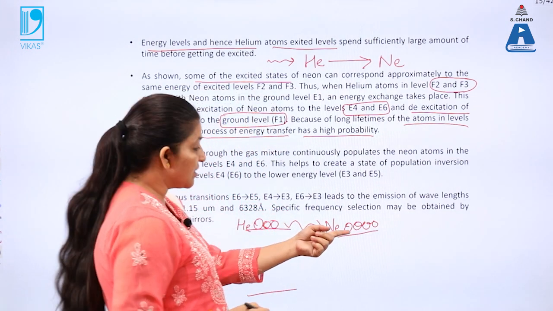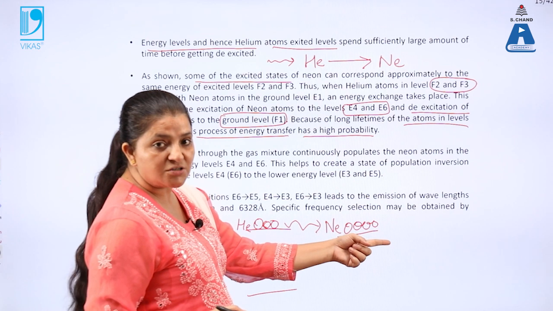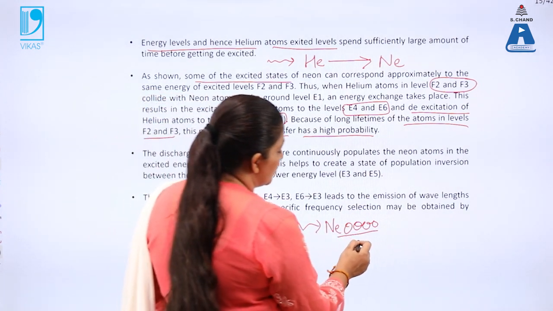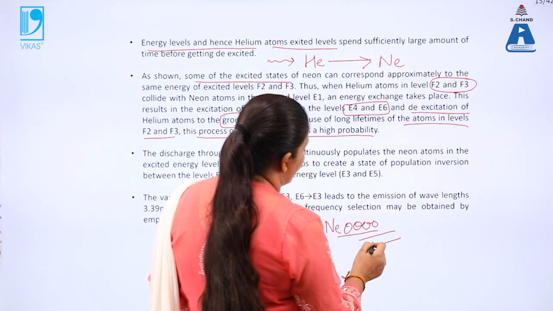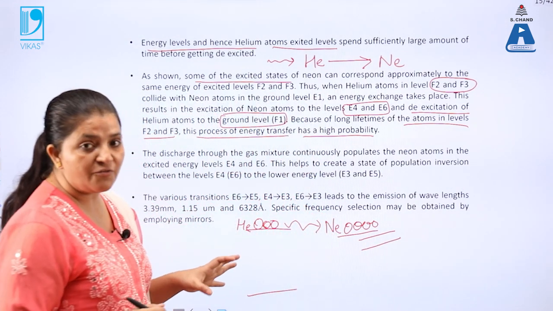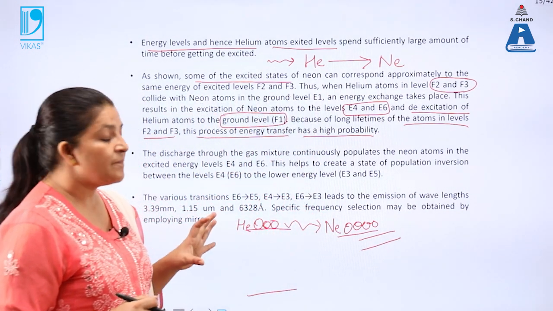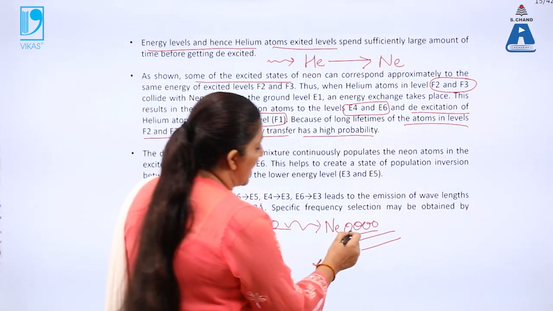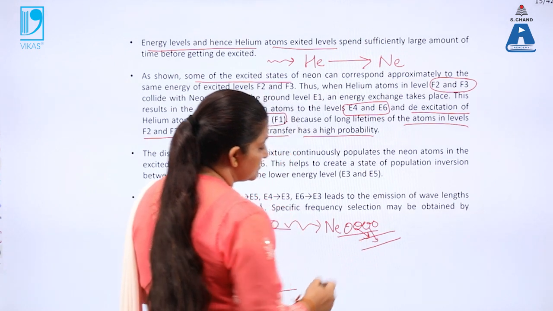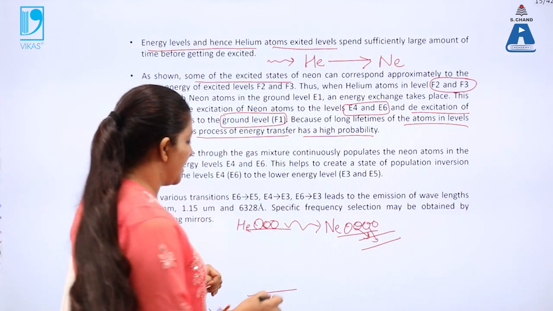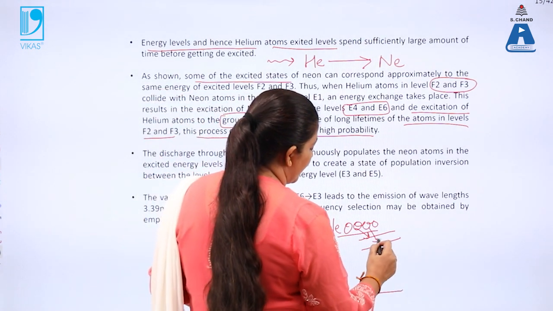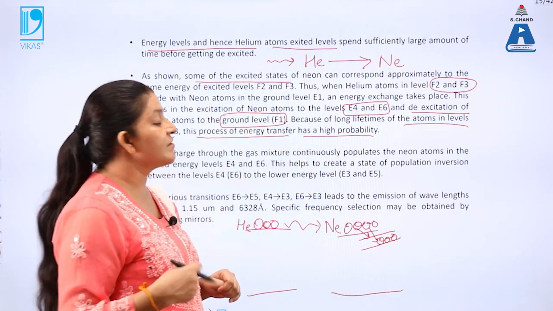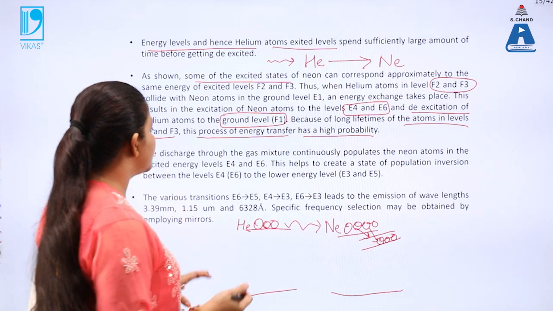Again, for the neon atoms the atoms are not stable in the excited state, but for neon there exist metastable states, which are more stable. So due to the presence of metastable states in the neon atoms, the atoms jump to the metastable state by non-radiative transitions, where they are more stable. So this will help to create